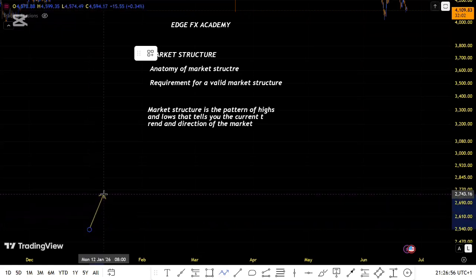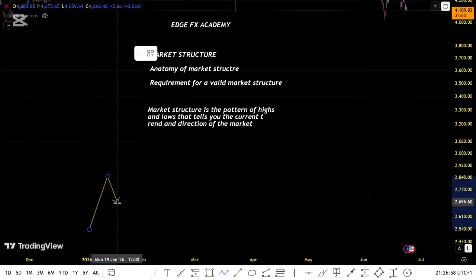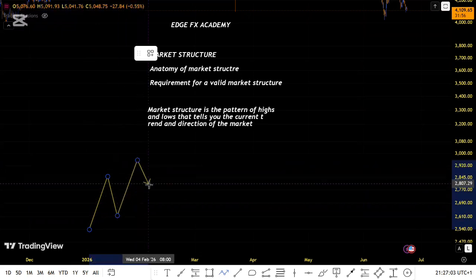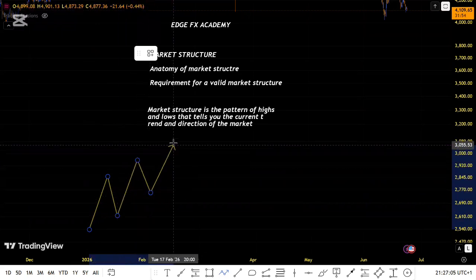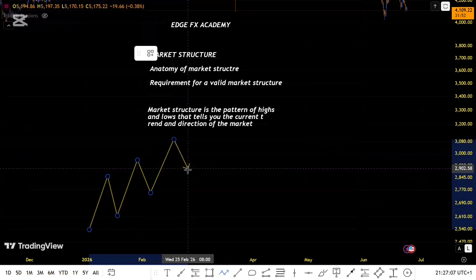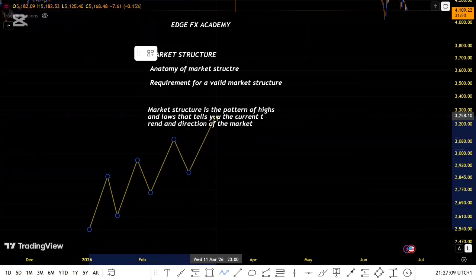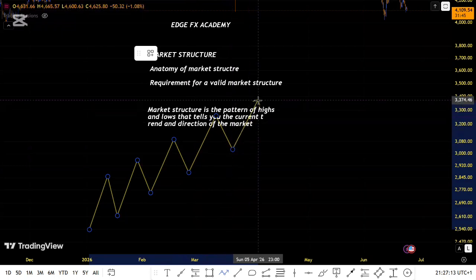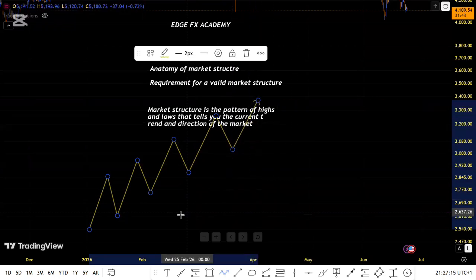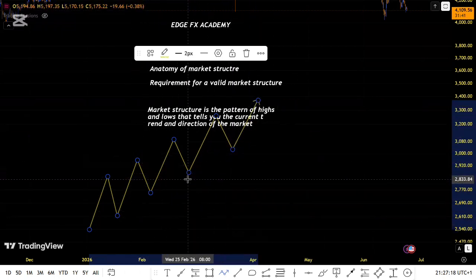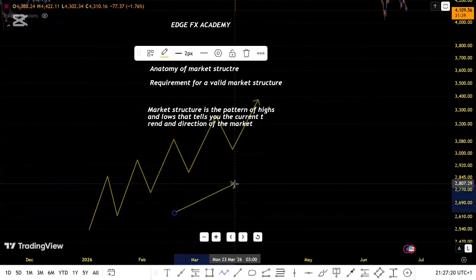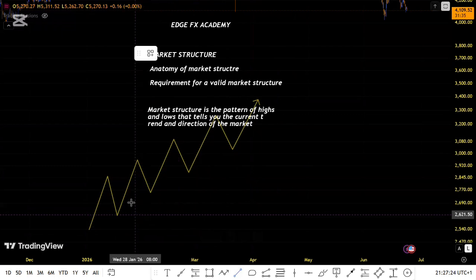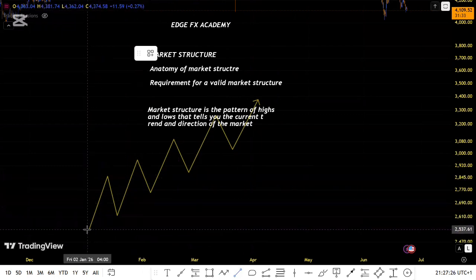Market structure will normally start like this, okay: come down, go up, down again, up, down again, up, down, up. As you can see, the market is what? Trending up, right? Then we don't just leave it at this. We start having,